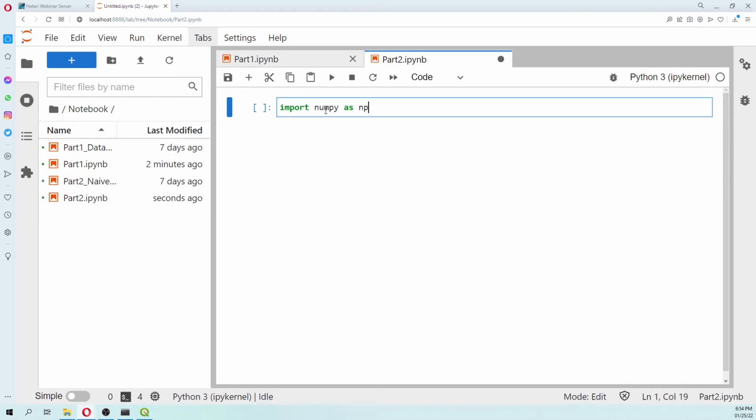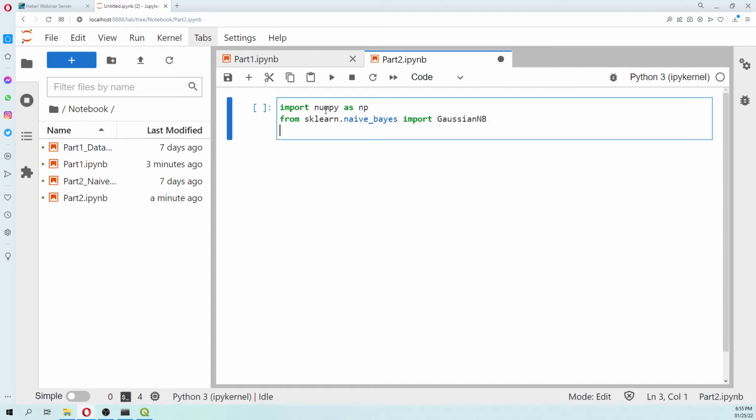Import numpy as np, import from scalar naive Bayes values, import numpy as np, and from scalar model selection